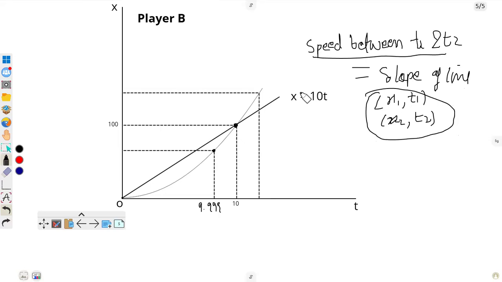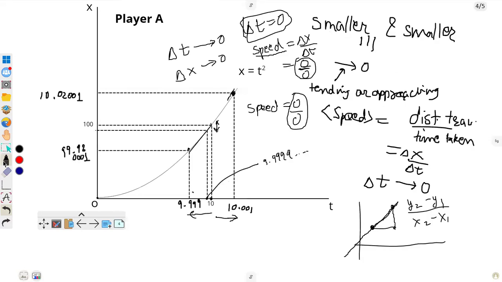In this case the slope is constant, so what does that mean? Speed is constant. So we were actually writing that its instantaneous speed at any point, v instantaneous, will remain constant, and we actually found out that it's 10 meters per second, right? Yeah. Okay. Now, a similar study can be done on the graph of player A, but now I'll stick to